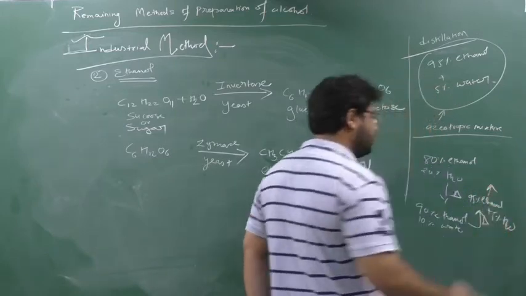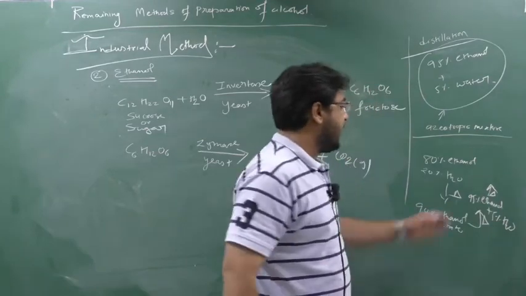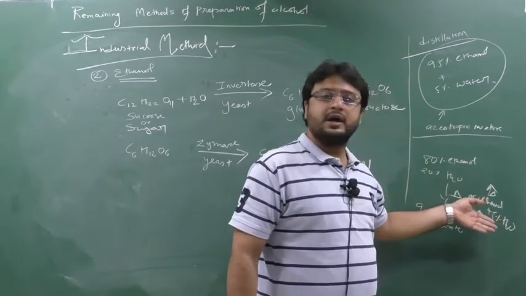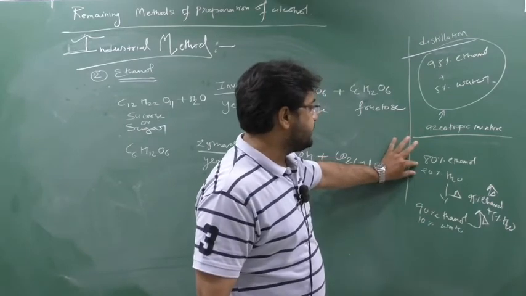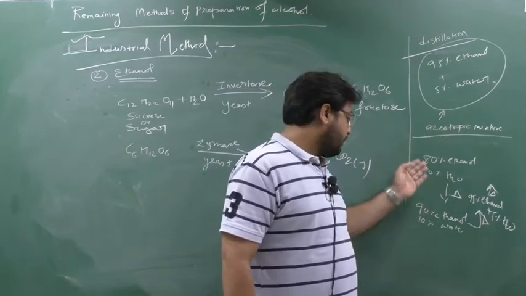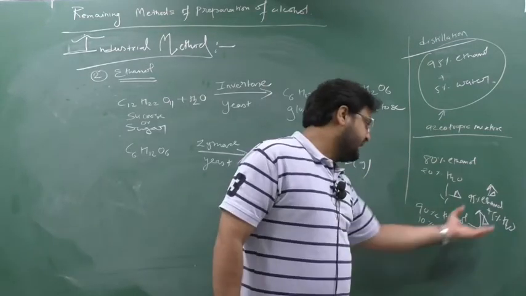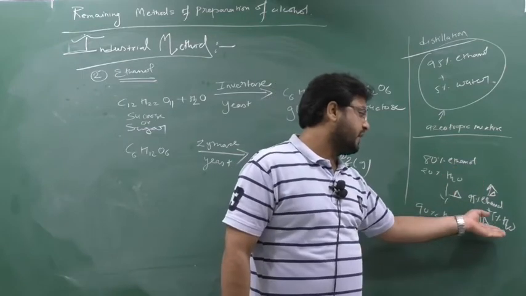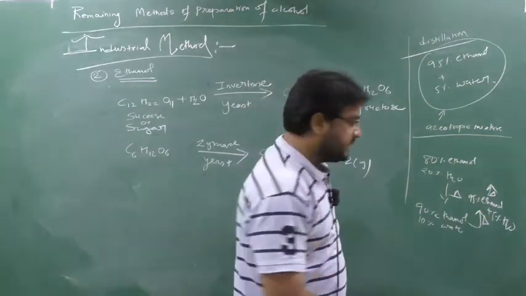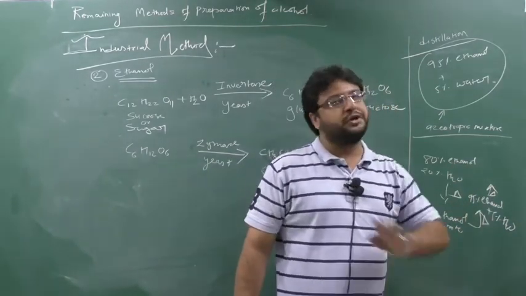Again I heated. Now what will you be thinking? Now when I obtain 95% of ethanol, again when I heat, I will get 100% of ethanol and 0% of water. Yes or no? See, when it was 80% ethanol and 20% water, when I heat it, I obtain 90% ethanol and 10% water. So water starts to burn out. Again when I heat it, 90% of ethanol converts into what? 95% of ethanol and 5% of water. Now what are you thinking, again when I heat it, I will get 100% of ethanol and 0% of water. No, it is not possible.